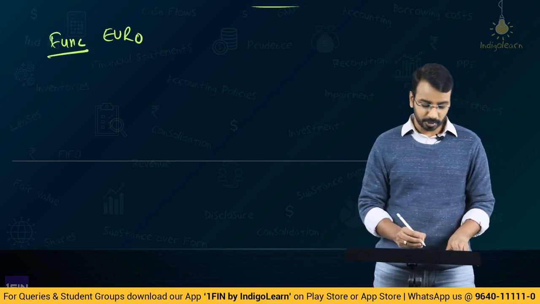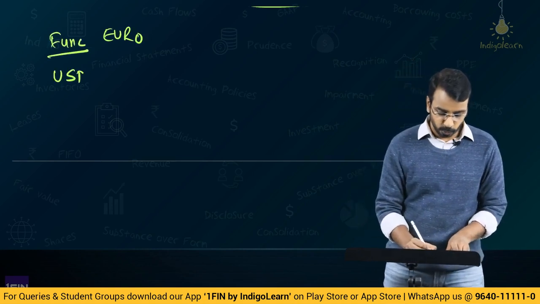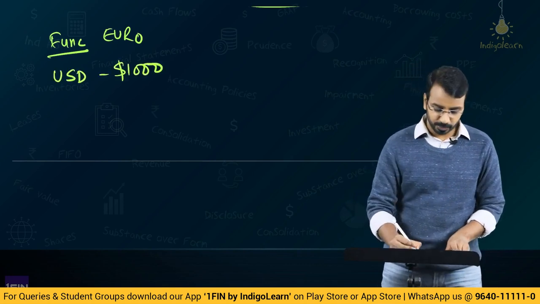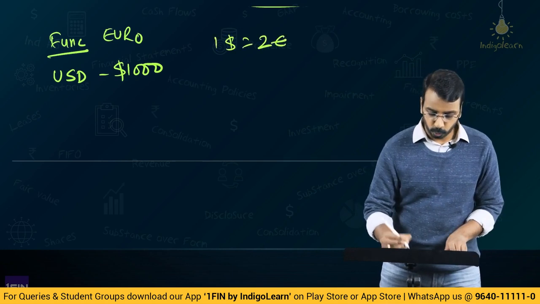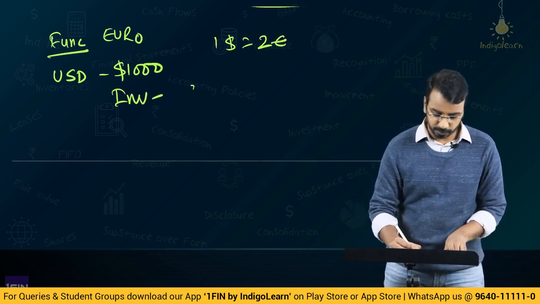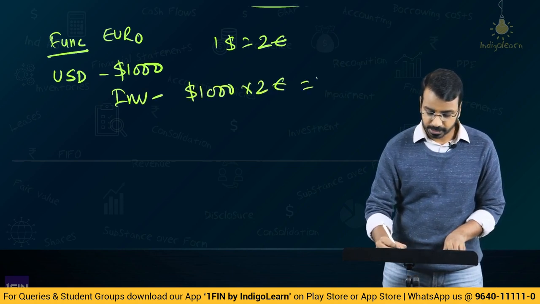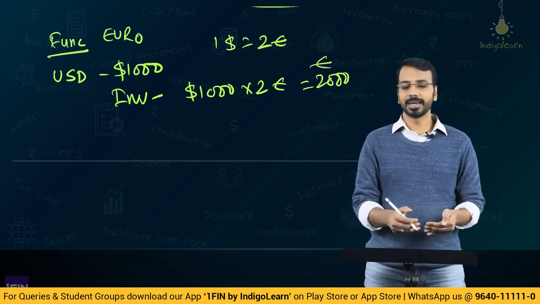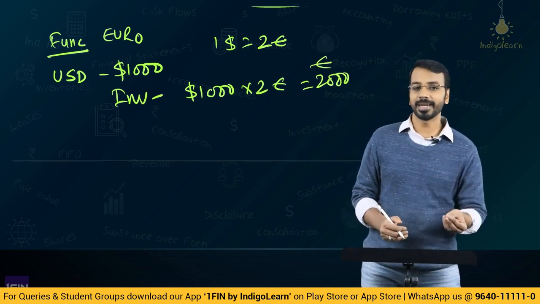Functional currency is Euro. Now, this transaction is in USD $1,000. Say for example, $1 is equal to 2 euro. Then the cost of this inventory for our accounting purpose will be $1,000 multiplied by 2 euros, that is 2,000 euros. Okay. So, the thing that we need to understand is, as far as the monetary items are concerned,